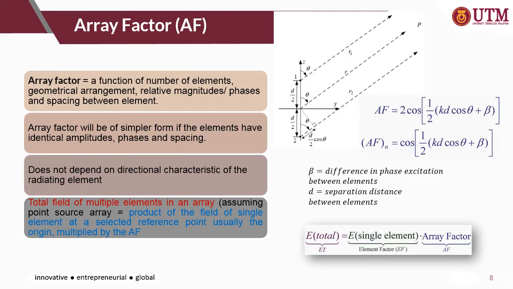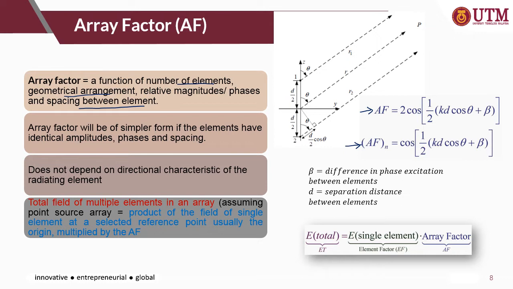Okay, next is the array factor. This is one of the important parameters in designing an array antenna. The array factor is a function of the number of elements, geometrical arrangement, relative magnitude and phases, and spacing between elements. The array factor is given by this equation, and the array factor normalized to the number of elements is given by this equation. Again, k is the wave number equal to 2 pi over lambda, and d is the